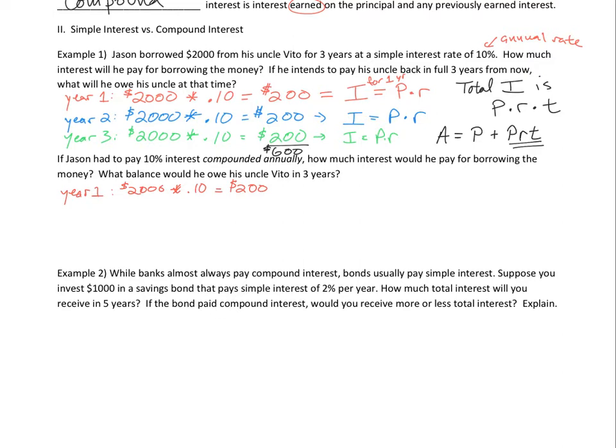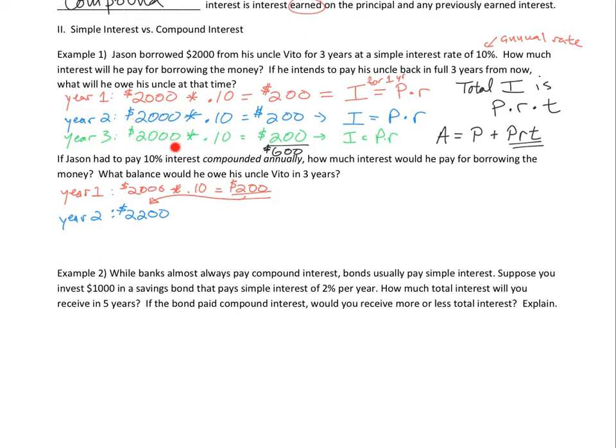But here's where it gets different. This interest gets added into the principal. So year 2 is not $2,000. The principal is not $2,000 anymore. For year 2, the principal will be $2,200. So compound interest adds in the interest as the calculations go, whereas simple interest kept the principal the same